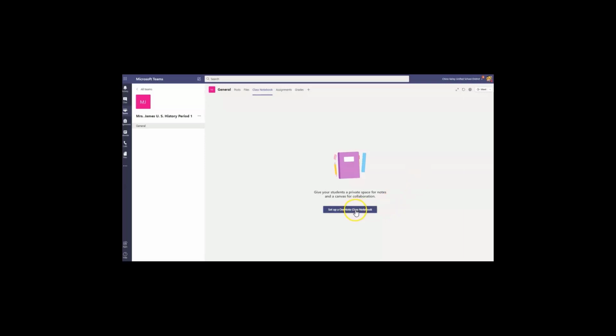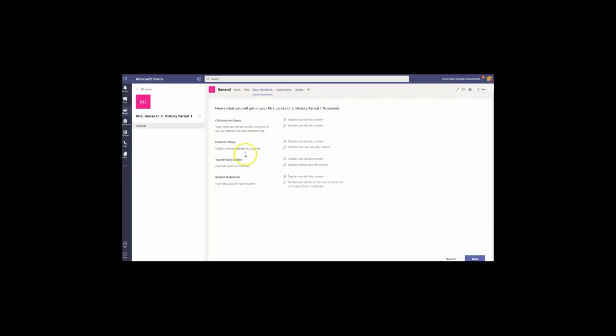The class notebook is actually set up in a special way. So we're going to set up a blank notebook, one that is started from scratch. If you already had an existing notebook that you wanted to bring in, you would have chosen this second one. We're going to start with a blank notebook. And specifically, a class notebook has a few special features. Instead of just being that spiral notebook with blank pages throughout, there are certain editing permissions in sections of this